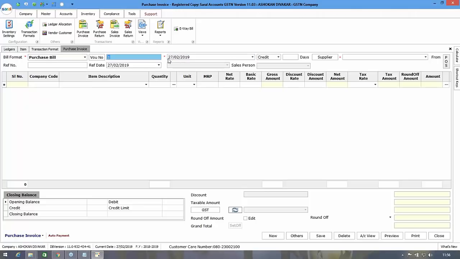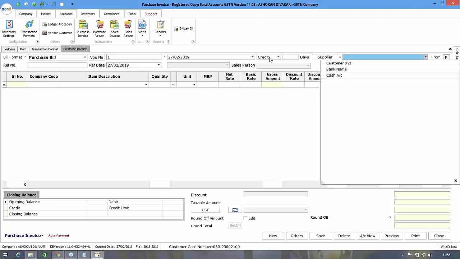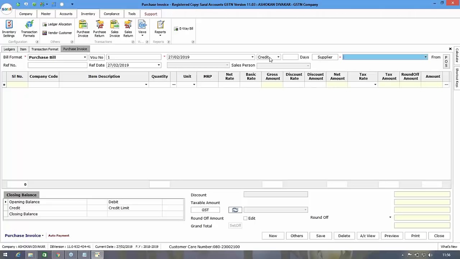Then the voucher number is also loaded, and the current date is also loaded. Then here you can select credit or cash purchase. Then you can also mention credit days, and the supplier. That supplier you can select from this list. If it is not in the list, then you can create it by pressing the F9 shortcut key, or you can press